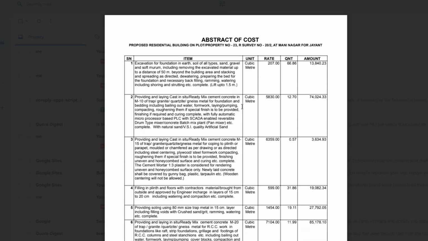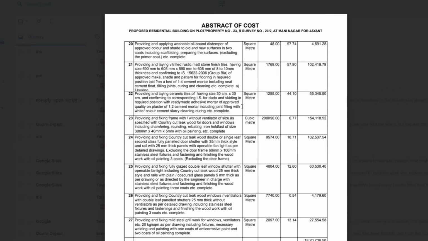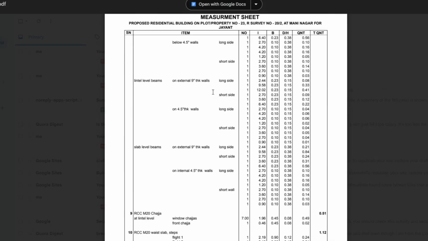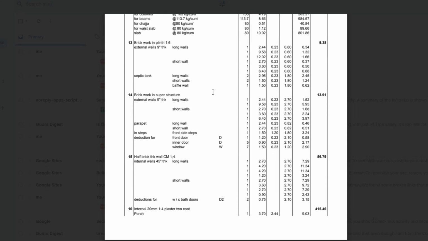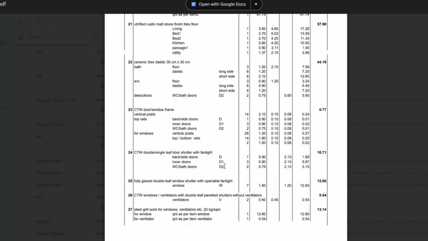Inverts also. Abstract of cost is also prepared, and measurements are also prepared. See the measurements. Check it. Sign it and share with your clients. That is it. Quick, easy and accurate.